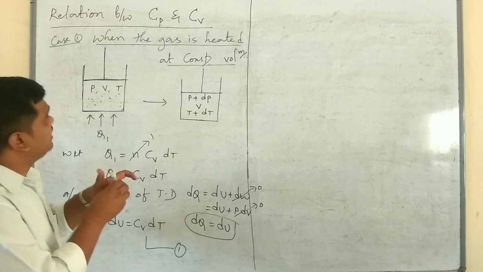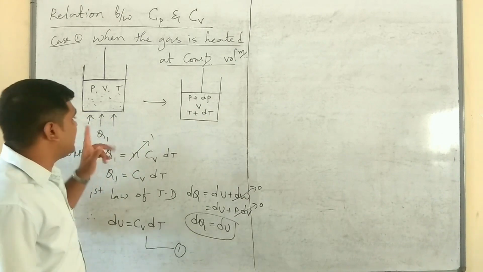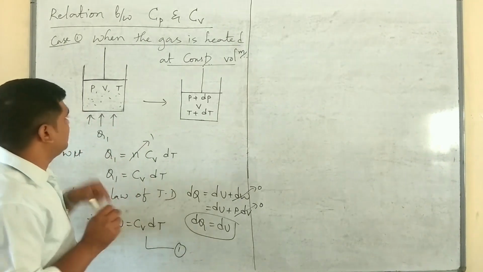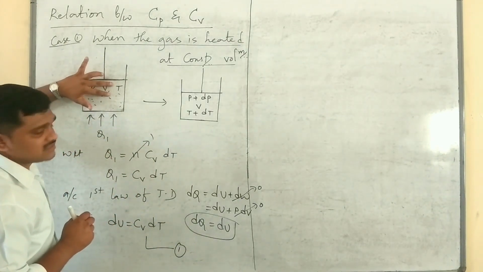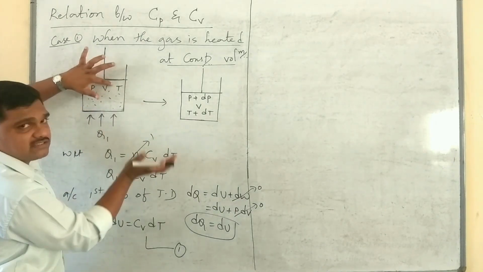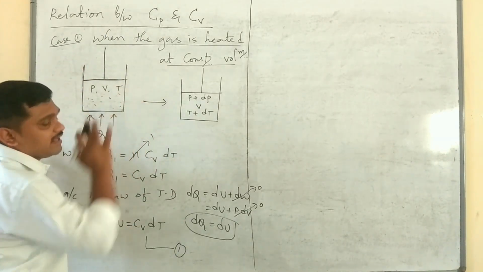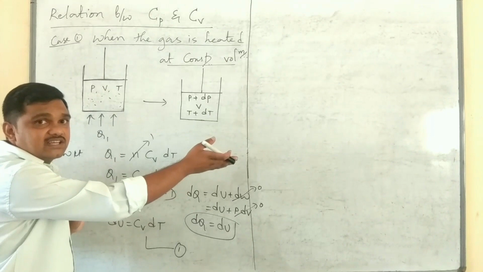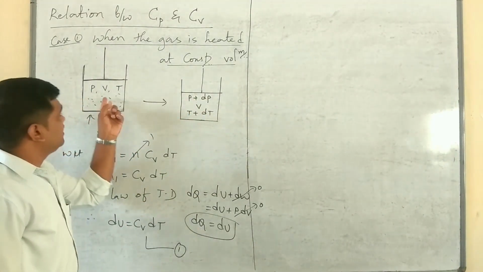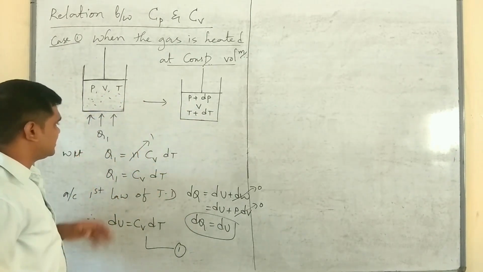See what I have done here. In case 1, I am going to heat the gas, 1 mole of ideal gas, at a constant volume, that is by keeping volume constant or fixed. So when V is constant, Gay-Lussac's law comes into picture. As we heat, the temperature will rise. Once the temperature rises, pressure has to rise, as they are directly proportional. Just a few minutes ago I have explained it. Therefore, its pressure changes to P plus dP, its temperature changes to T plus dT, and its volume remains constant.